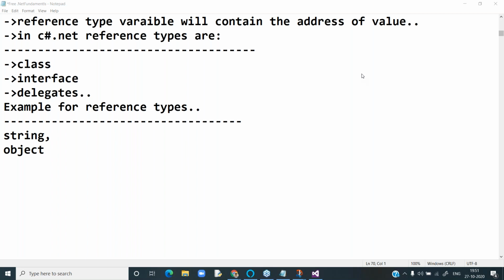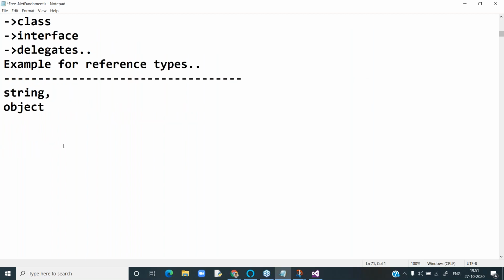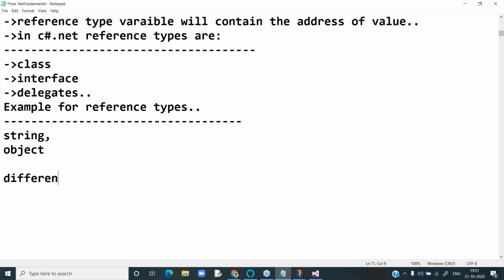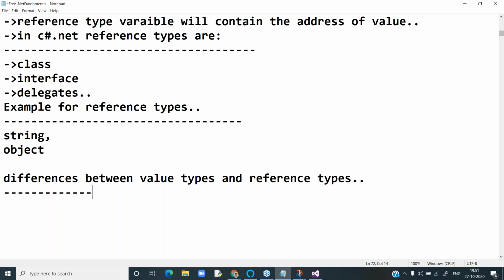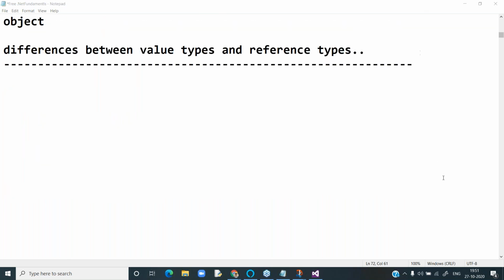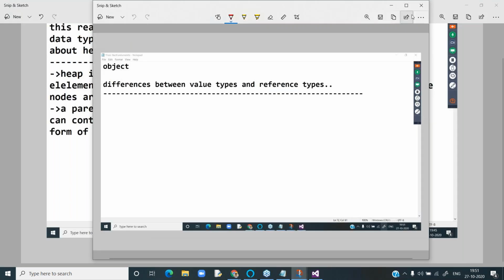A reference type variable will contain the address of the value. So this is the second difference.